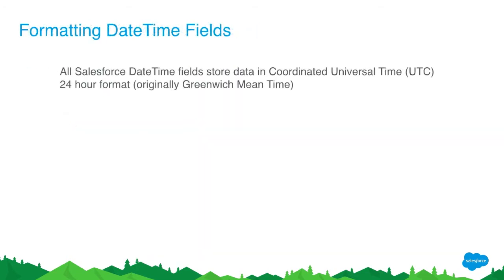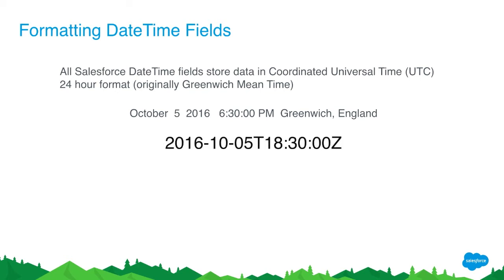One other thing we wanted to mention, if any of you have ever worked with two different systems trying to pass date-time information between them, you probably found that they all have their own unique way of storing that information. So Salesforce uses coordinated universal time, and you pass that information in simply as a string. So for example, this is the start time of our session today in Greenwich Mean Time, and it needs to be formatted to look like this. So it's pretty straightforward. We've got the date, we've got the time code in 24-hour format, and Z or Zulu, if you're more familiar with aviation terminology, or military time, that's the format you need.